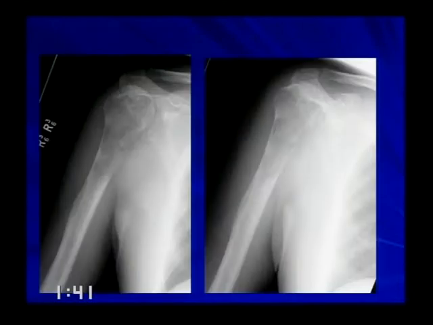So here, this is one that came in just a couple weeks ago. It's just an aggressive lesion that is breaking through the cortex. Okay, there's no way you could say this was an MFH. In this older patient, I would have put mets long before I put a primary bone tumor.